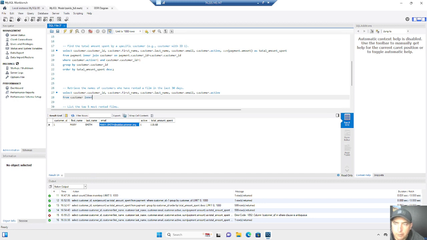We're going to inner join that rental table this time, and we're going to do that on customer.customer ID equals rental.customer ID. So primary key to foreign key again. And we're going to do where rental.rental date in this case is greater than or equal to, and we want to use some built-in functions here. This is where we can use the power of the language. So we're going to do curdate,